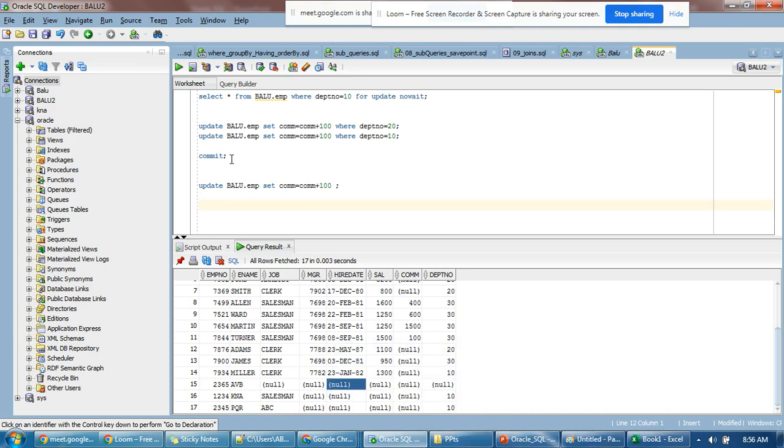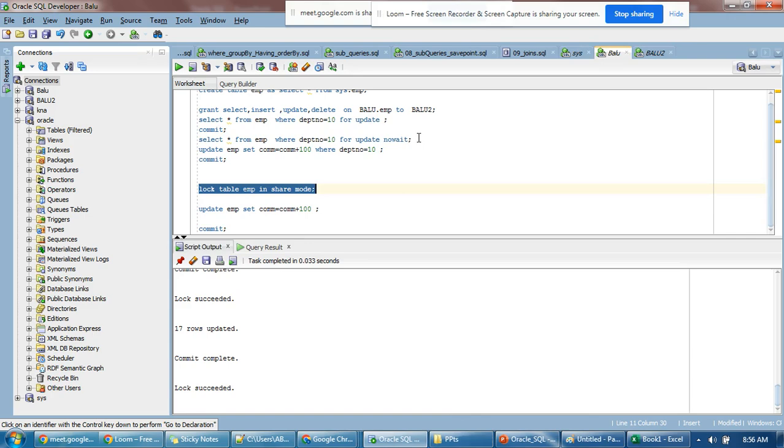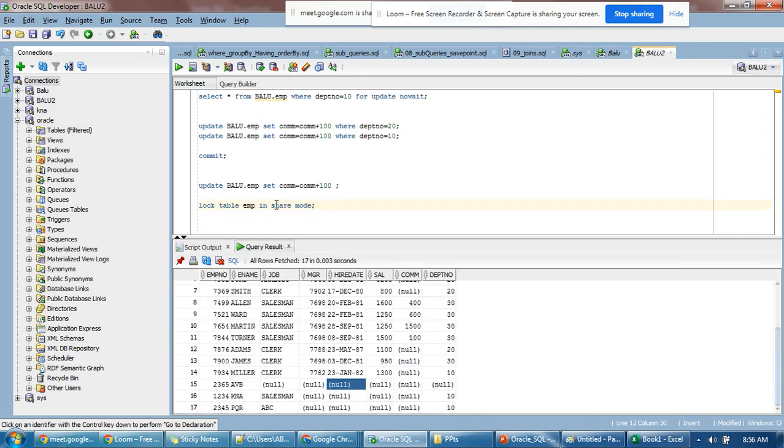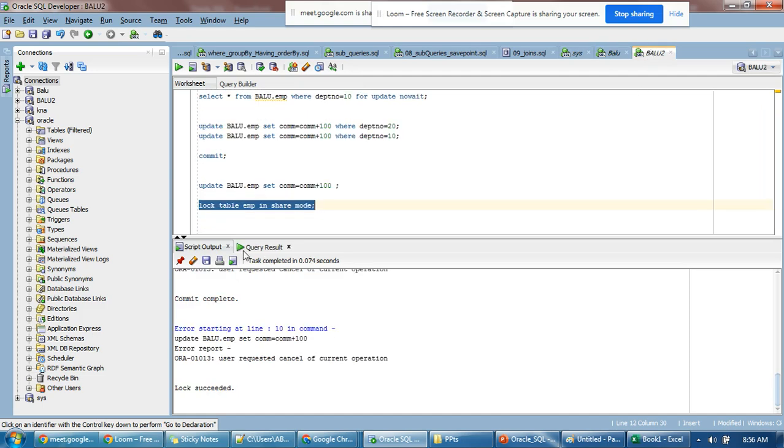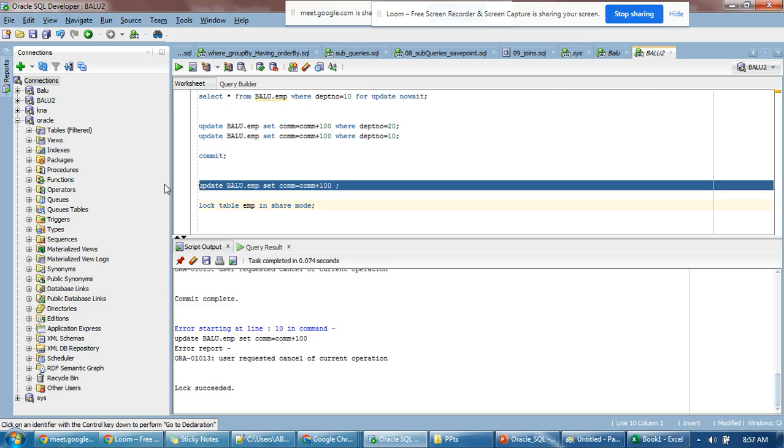Let's assume the first user has done the lock. Again, he can also lock that one. See what will happen. Now he is trying to update the records. He cannot lock that one either. Why? I did not trigger this, right? I am also locked. But